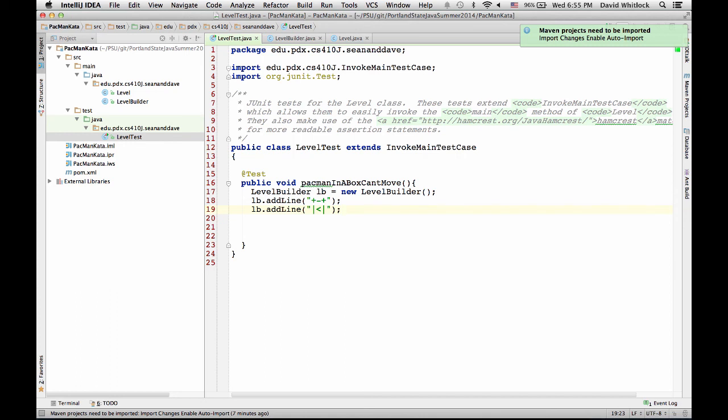Oh wait, we're actually east. That's Pac-Man chomping east. Yeah, it's not where he's pointing. So maybe this first case should be that Pac-Man initially faces west.